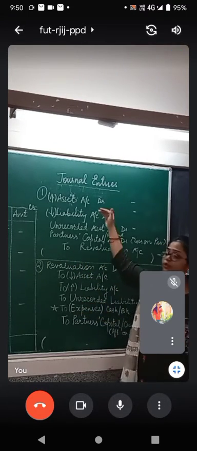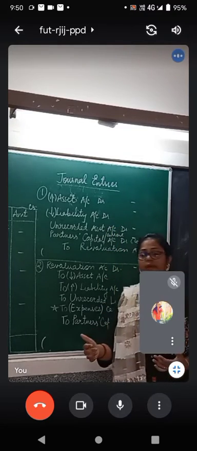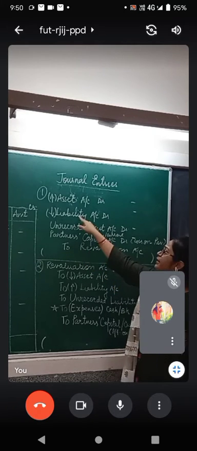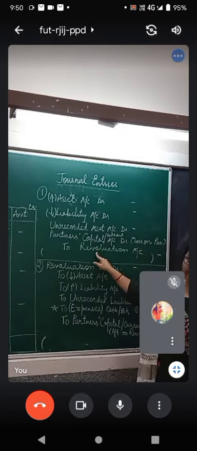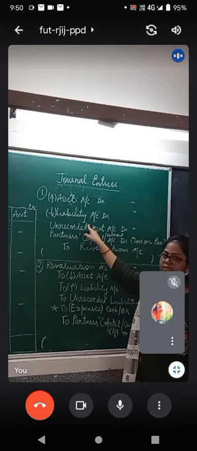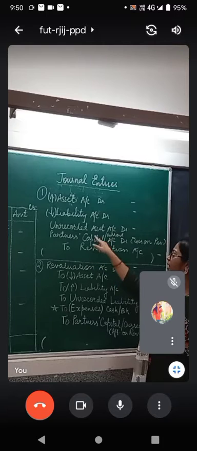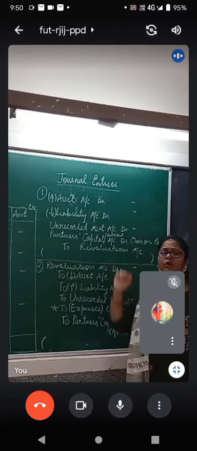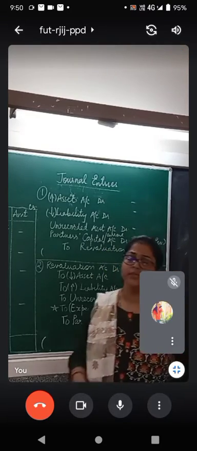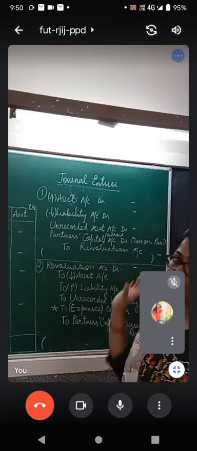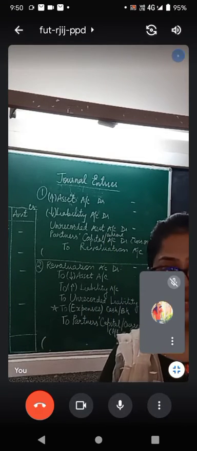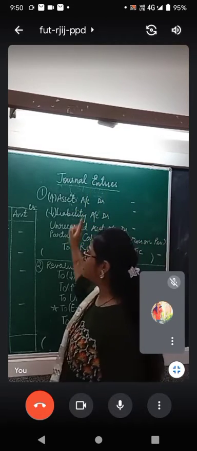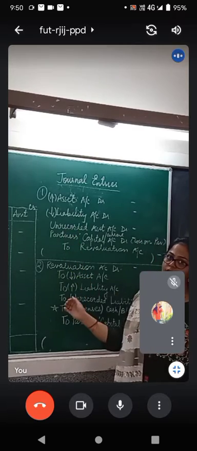If you break these entries into simple journal entries: increased value of asset to revaluation account, decreased value of liability to revaluation account, unrecorded asset to revaluation account, XYZ's capital account debit to revaluation account. Now this is how you will be writing 4 separate journal entries. But it will all be done from this. So I have made a combined journal entry for these. Anyhow, when it comes in the exam, you can do it both ways. You can write it like this also, and you can write in 4 separate journal entries also.